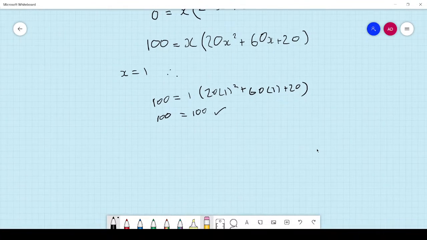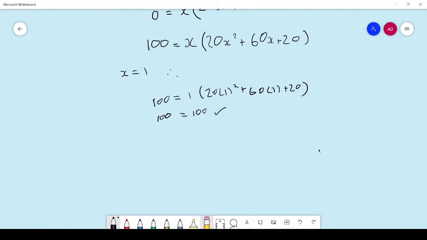So let's see what else we can do. If we solve this part here and get values for x and substitute them in, and we show that it's not equal to 100 for either of the values for x, then that would show that they weren't valid solutions and that x equals 1 was the only one. So maybe we can do the quadratic. So we'll solve this quadratic here, and then we'll sub those values into x and show that they don't equal 100, and that should be valid enough. So x equals,